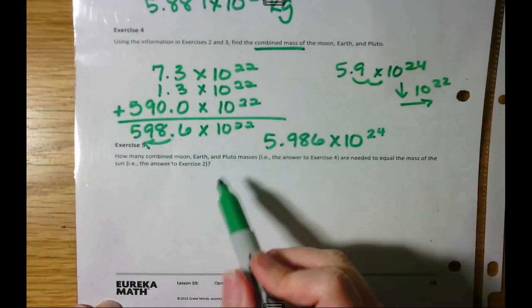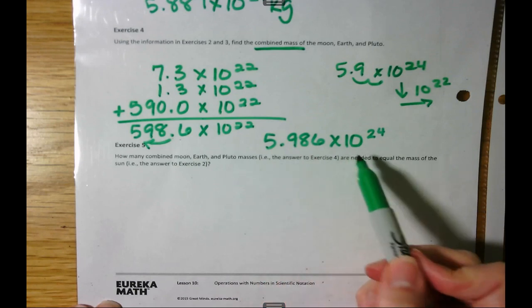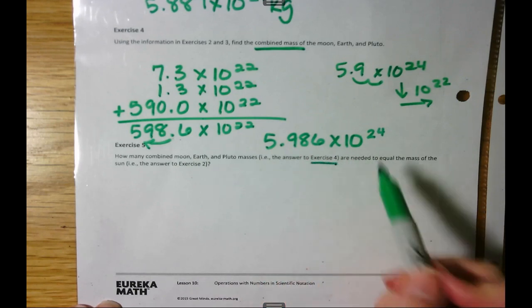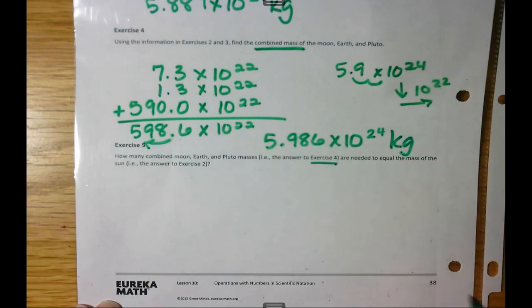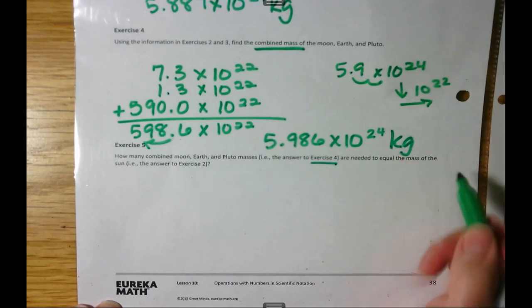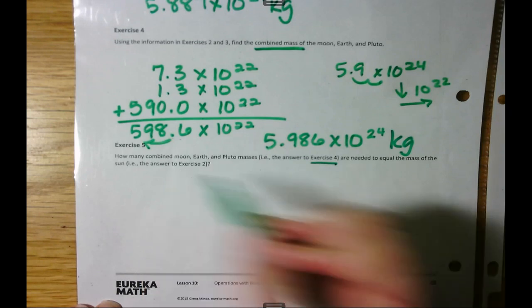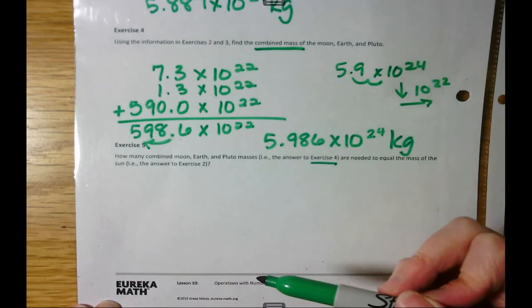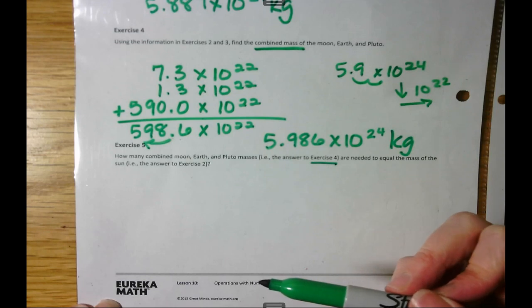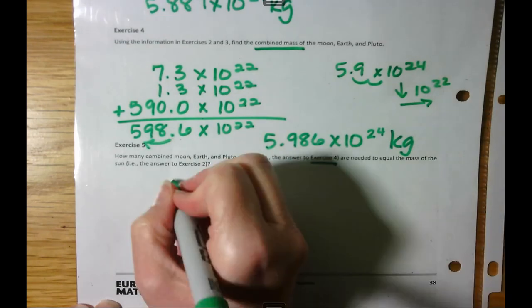Okay, number 5. How many combined Moon, Earth, and Pluto masses? The answer to exercise 4. Oh, I forgot to put my label on my answer to number 4. Let's make sure we do that. Are needed to equal the mass of the sun. So how many times will this number fit into the mass of the sun? That means I'm going to divide. So if I look back at exercise 2, I get